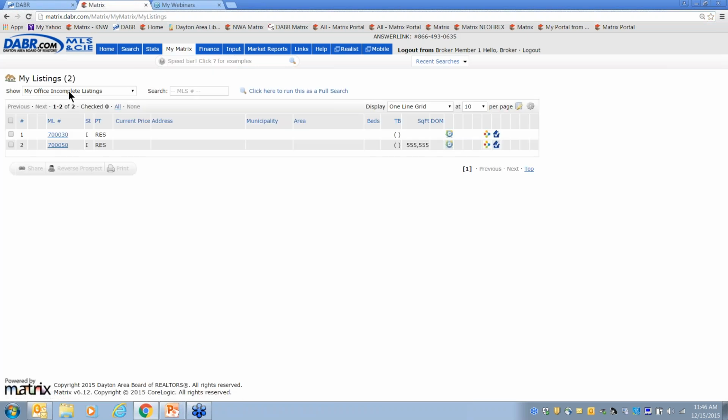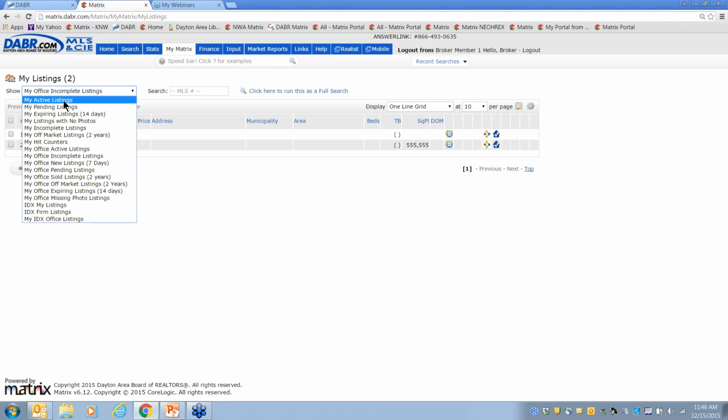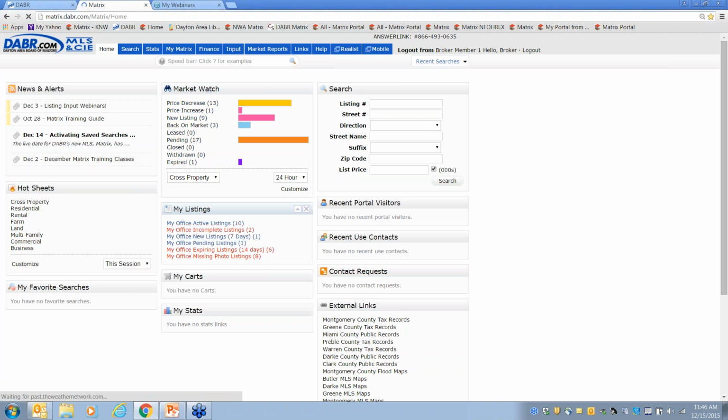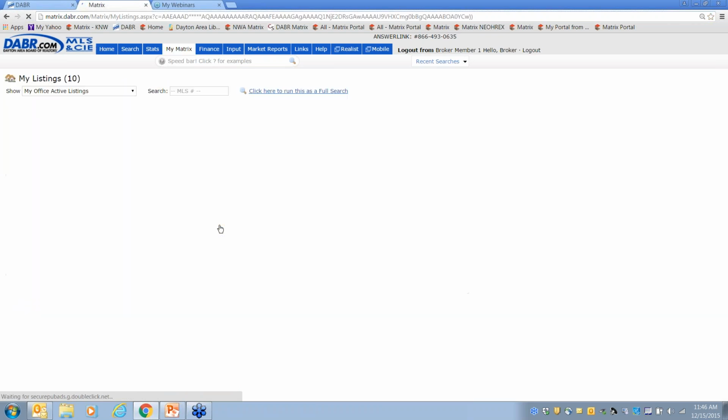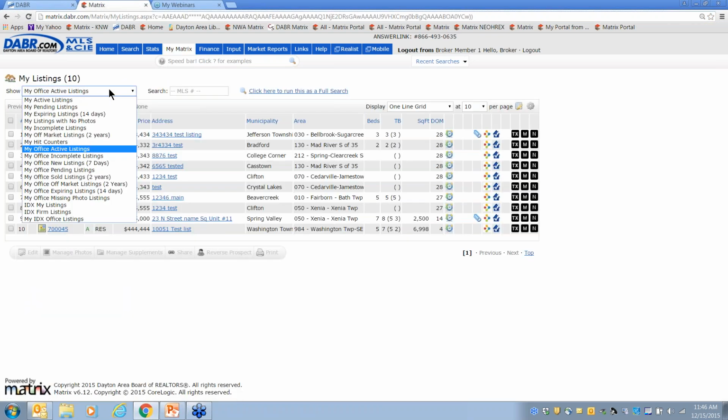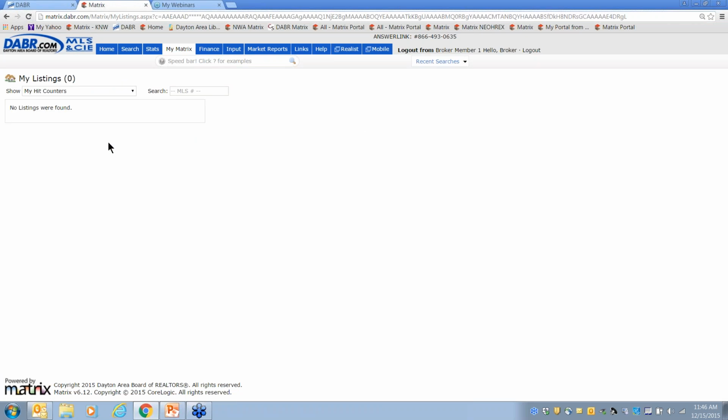Now I can change this drop-down arrow right here, and there's a hit counter right here, my hit counters, okay? Let me show you another way. If I'm back on my home page and I click on any one of these, it doesn't matter which one, it takes me to this same spot. So I can get to it either from my listings or from the home page. All I need to do next is open this up and change it to my hit counters. Now, I don't have any listings here, so